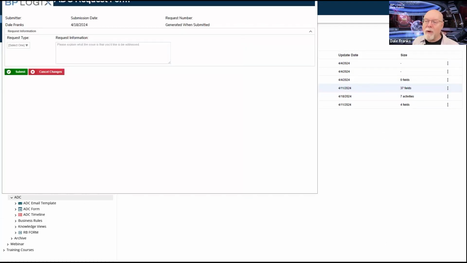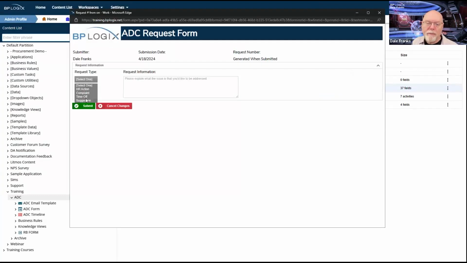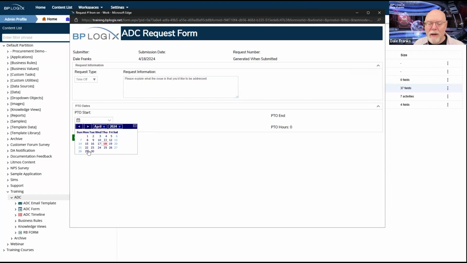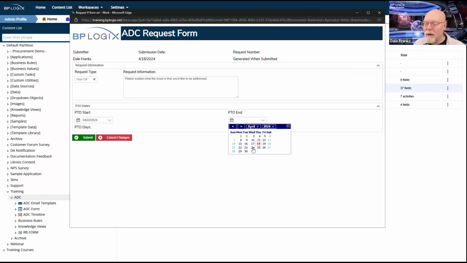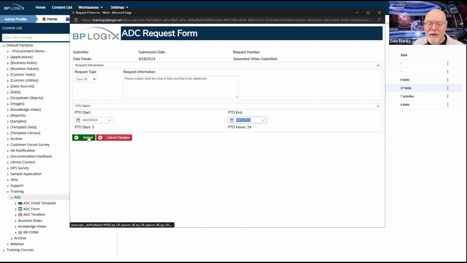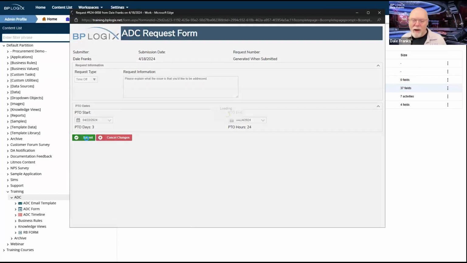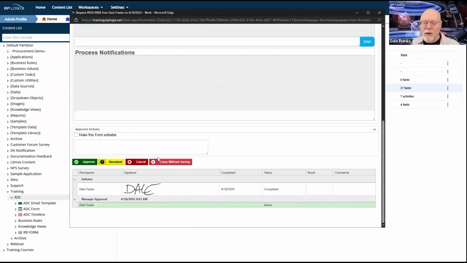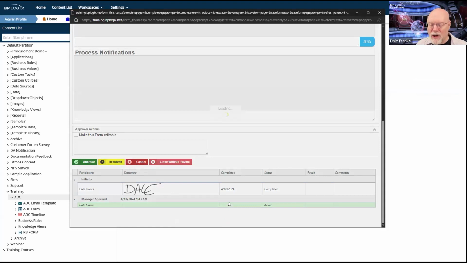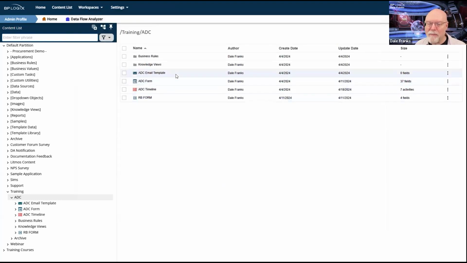So now we need to submit instance number 3, which is a time off deal. And so we will just pick some time off. That's 3 days of time. As we did back in week 1, we see our calculations for PTO days and PTO hours seem to be working fine. I can submit it. Now I can go to my manager approval. I have approve, resubmit, and cancel. That's exactly what I expect to see. This is great. It's working the way that it is supposed to work. And if I hit cancel, it should just cancel out of my activity. Great.